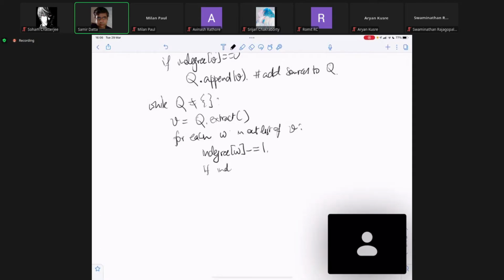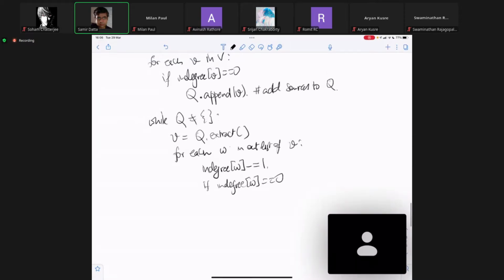If in-degree W equal to 0, then, so I should call this enQ,